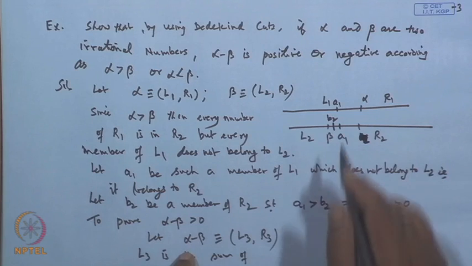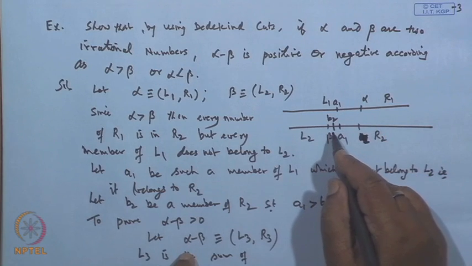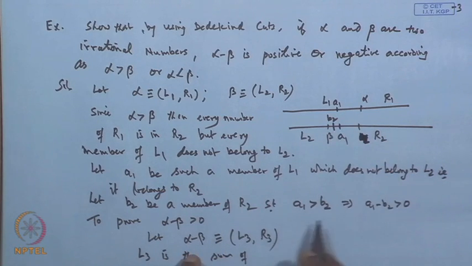Alpha, this is alpha, is it not? And beta is here. Now, this A1 minus B2 is positive. So, L3 we can say, can be said like this, that L3 is the sum of